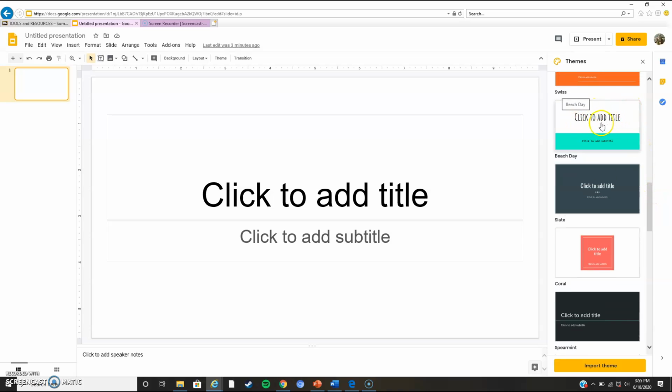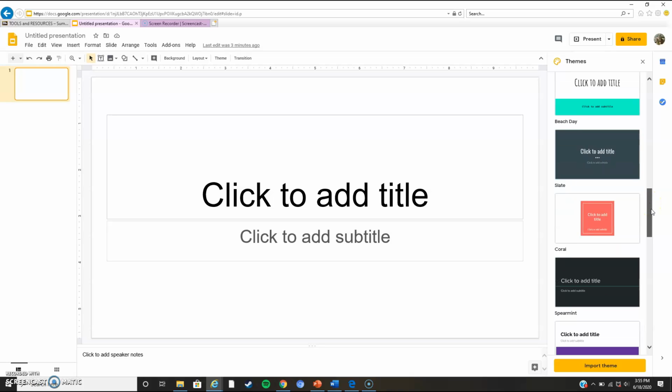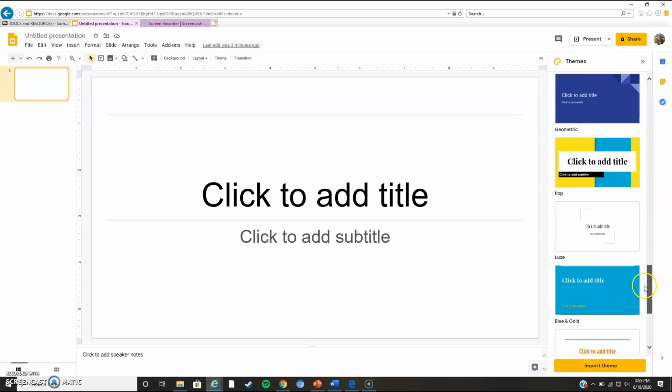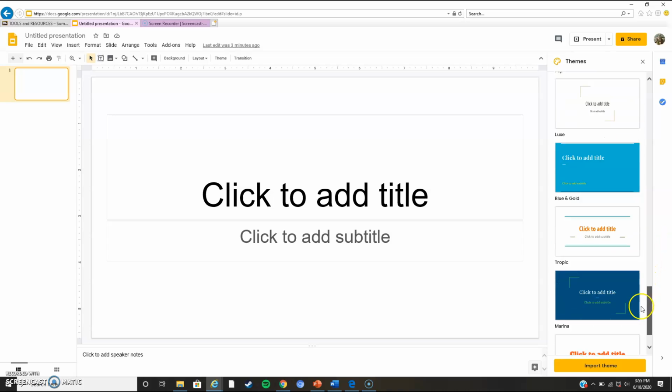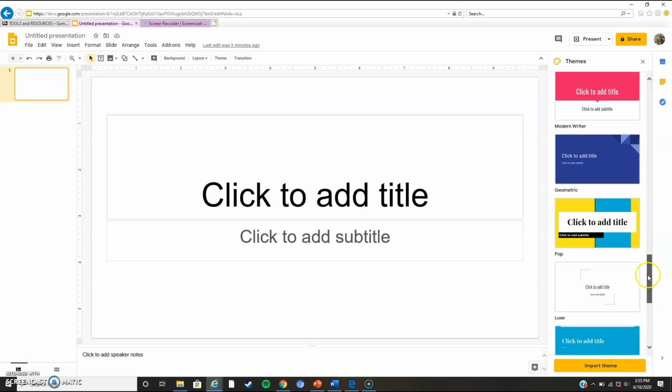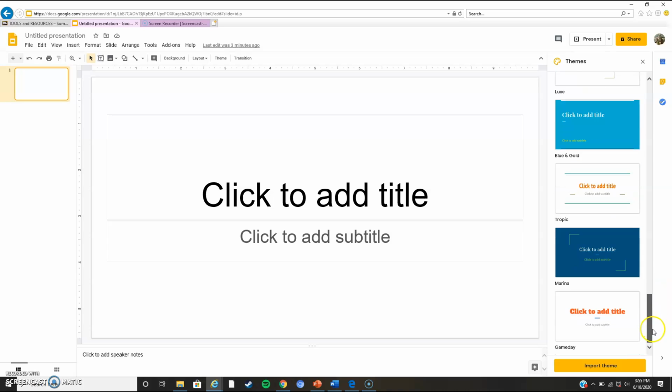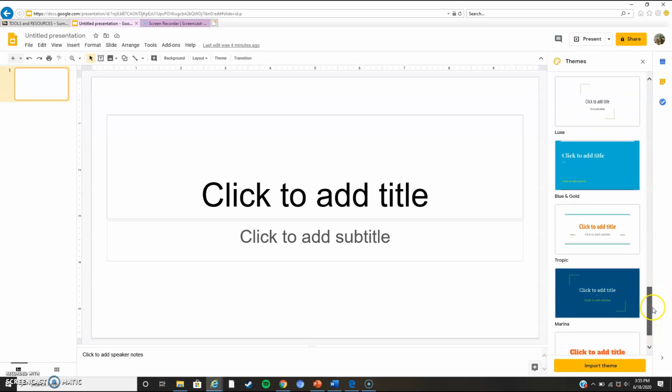So over here on Beach Day, the writing's a little bit more cartoonish versus this Slate over here where it's more like Times New Roman, so it's a little bit more serious. So you have kind of a different feel to each different type of theme, but it also doesn't have a whole lot of selection. You only have about 12 to choose from,